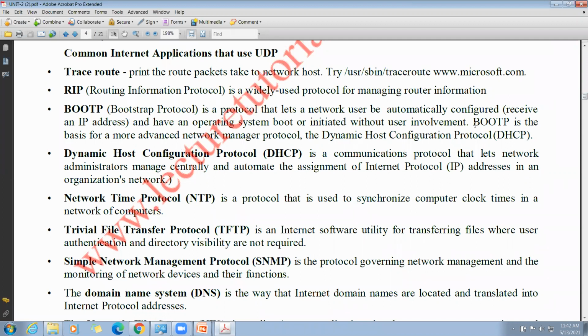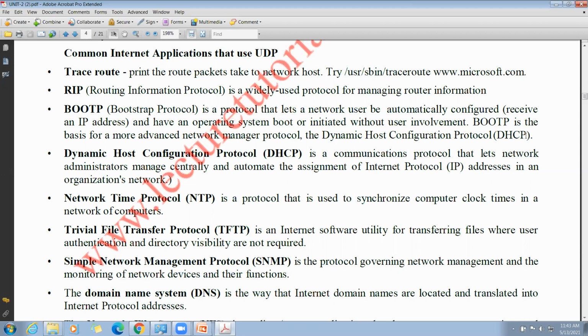See the important point here. Bootstrap protocol is the basis of a more advanced network manager protocol, that is DHCP. This DHCP we have discussed in mobile computing, Dynamic Host Configuration Protocol. In wireless devices, the host machine in the network changes from location to location.